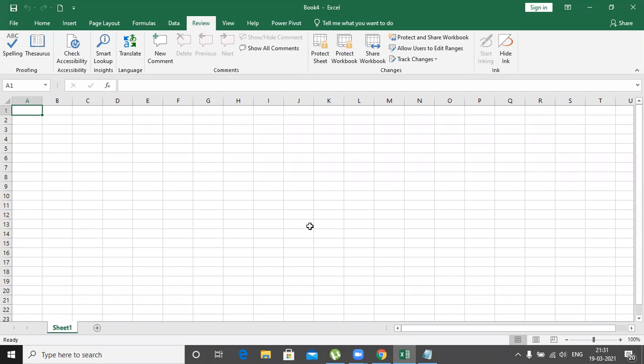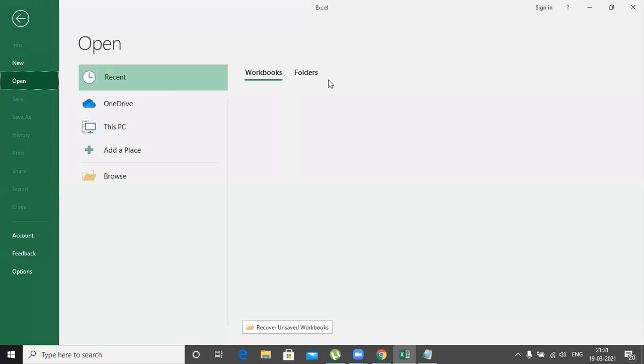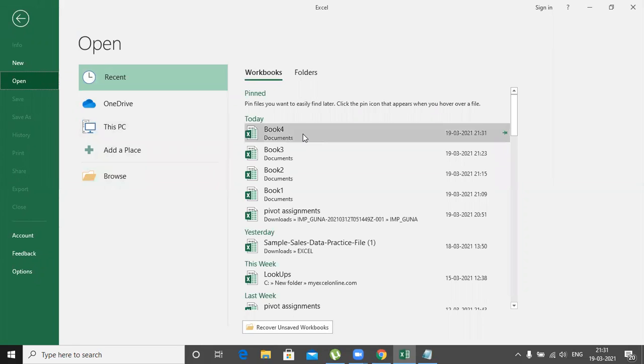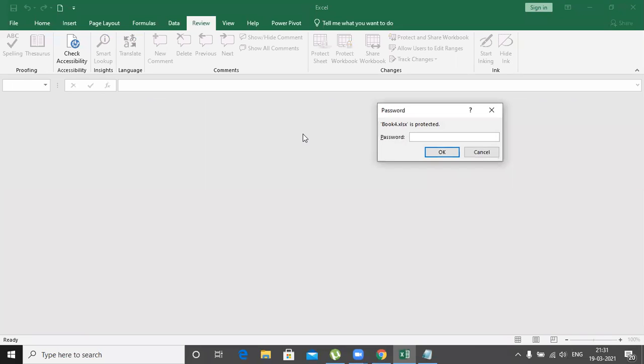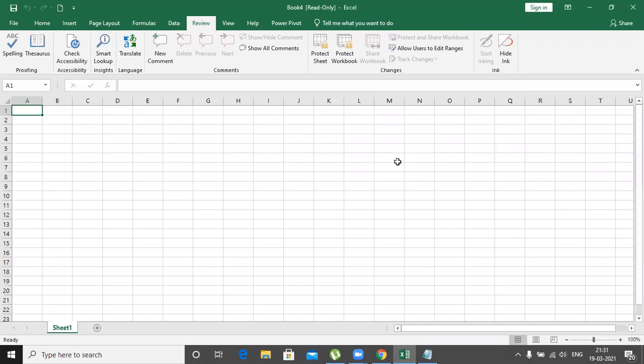Now again you close the workbook, reopen the same workbook, book number 4, as I told you, and now it's asking for the password. Yes. So press the enter key, and again it is asking, if you do not provide that password for modification, it will allow you to open as a read only file. Nobody can enter the data. For example, I'll make this one as read only.